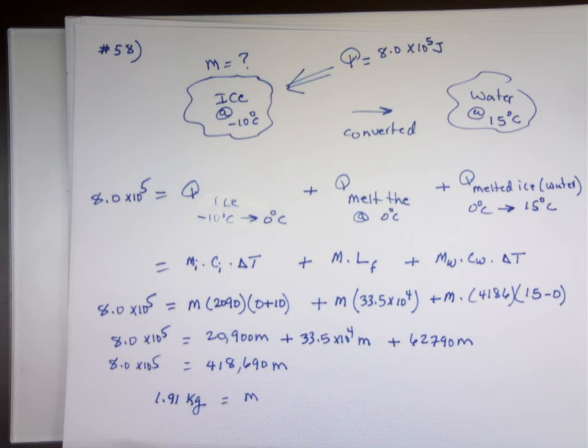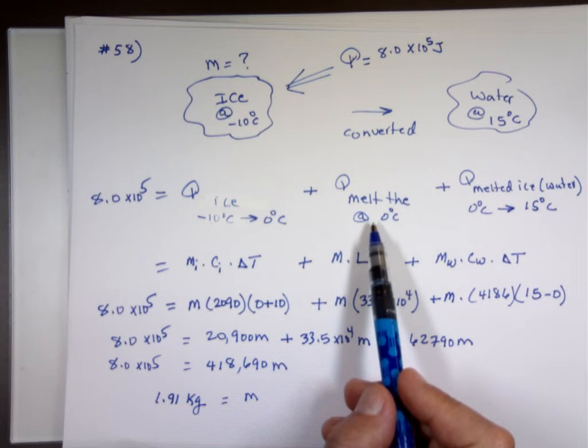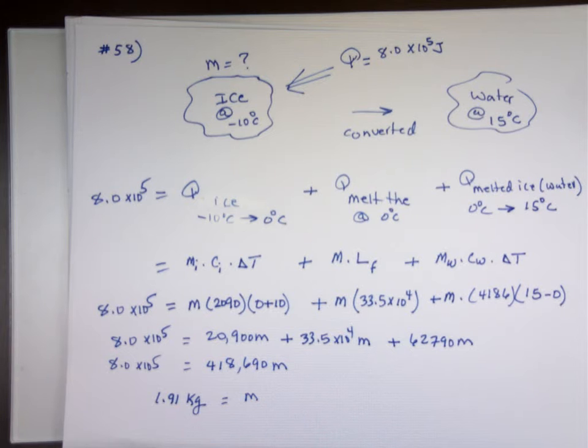First, we have to take the ice from -10 to 0. We're going to melt it. It becomes water from 0 to 15 degrees Celsius. And the last one,